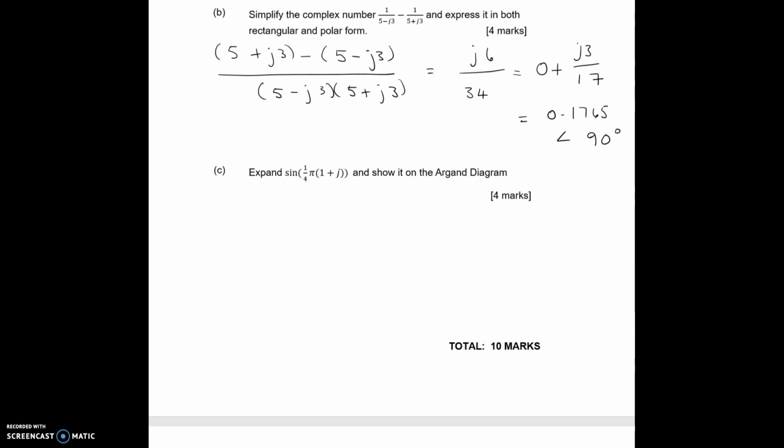The last part of that question, it's going to use the double angle formulas. So first up, get rid of the brackets. Now it's a case of sine A plus B, so you can expand that to become sine A